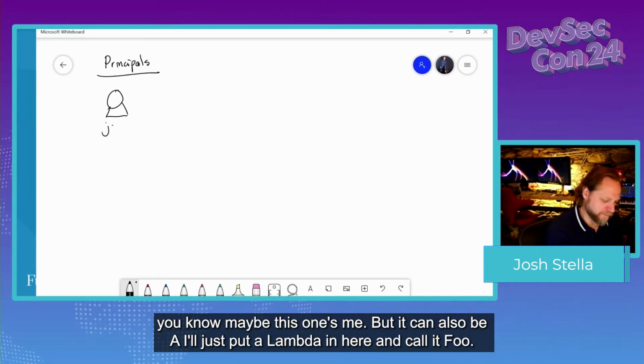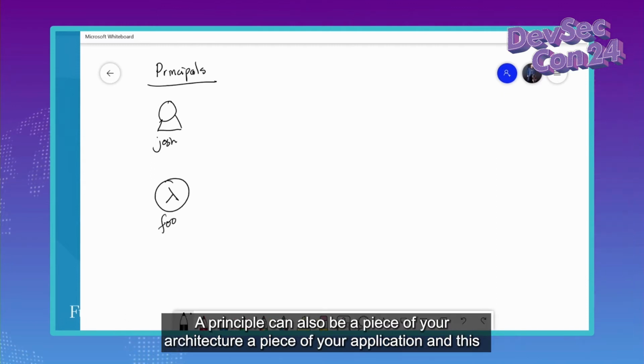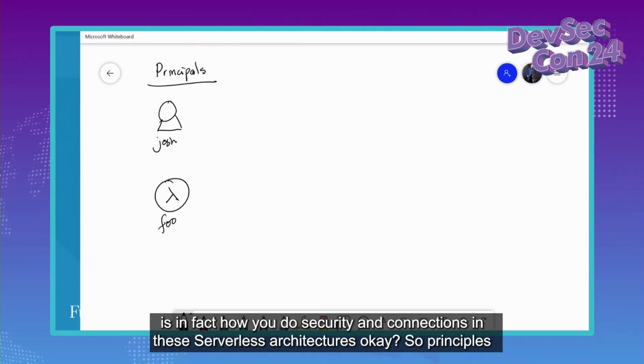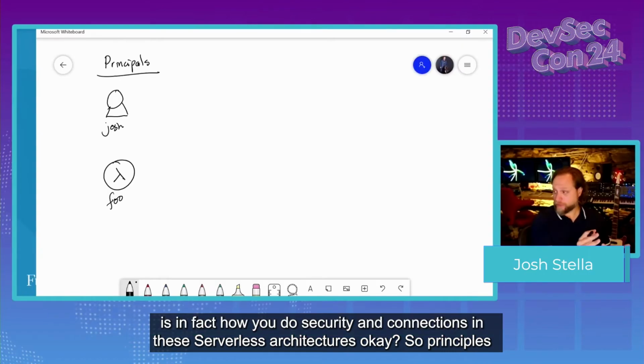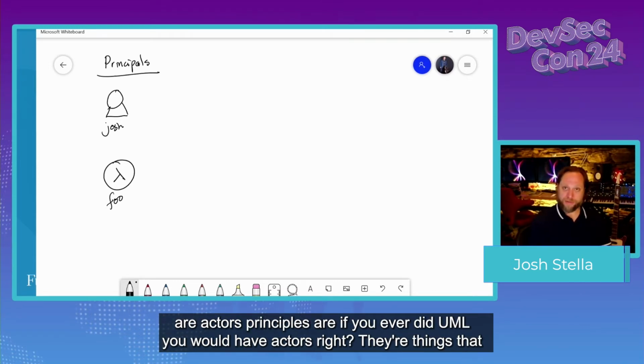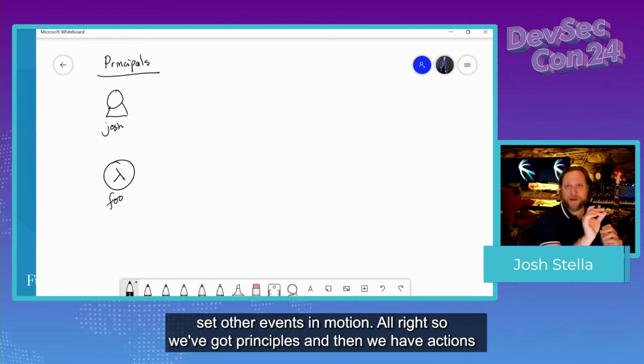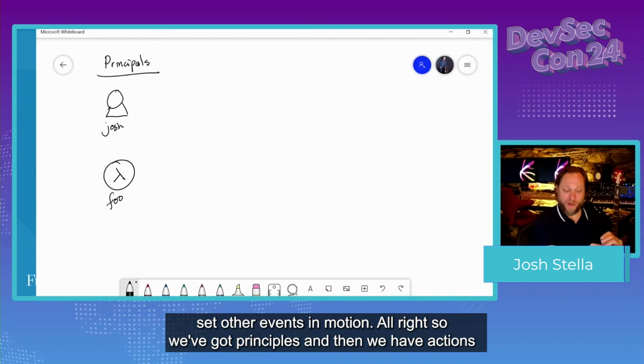Maybe this one's me. But it can also be, I'll just put a Lambda in here and call it foo. A principal can also be a piece of your architecture, a piece of your application. And this is, in fact, how you do security and connections in these serverless architectures, okay? So principals are actors. Principals are, if you ever did UML, you would have actors, right? They're things that set other events in motion, all right?